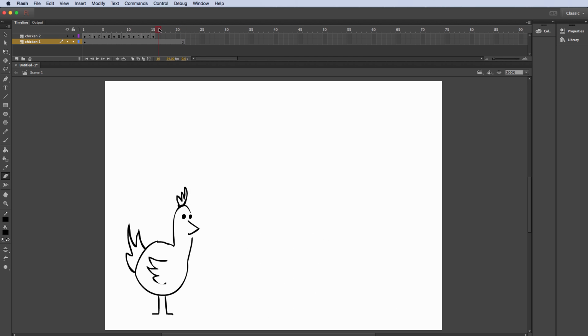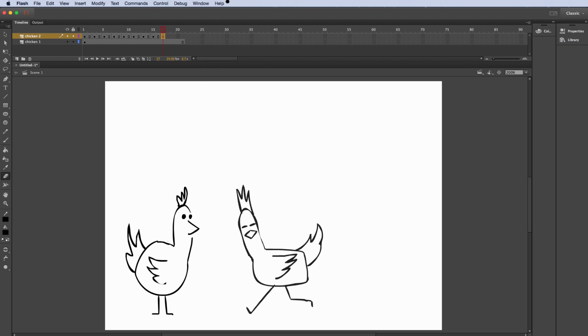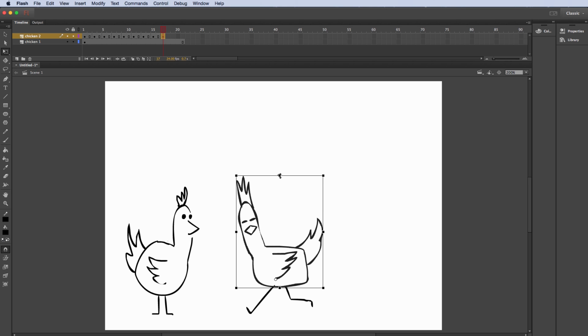Okay, so here on frame 17, I'm going to press F6, and let's take his body here and let's go a little bit higher here. And let's take his neck and let's kind of straighten it out a little bit more. Let's open his eyes.